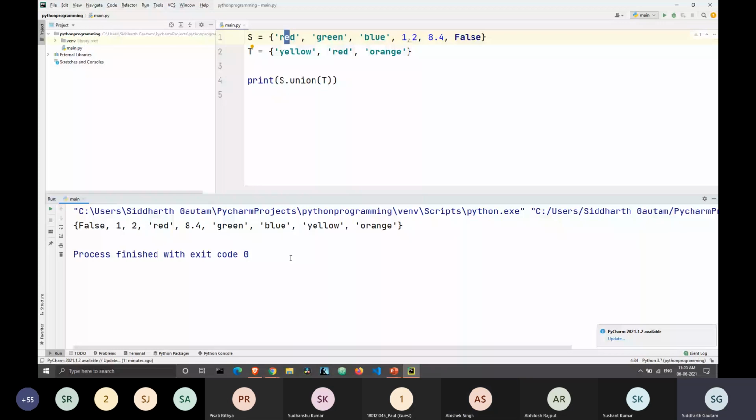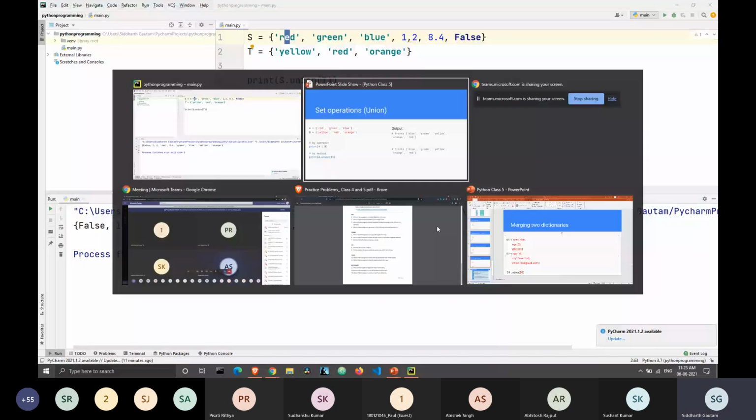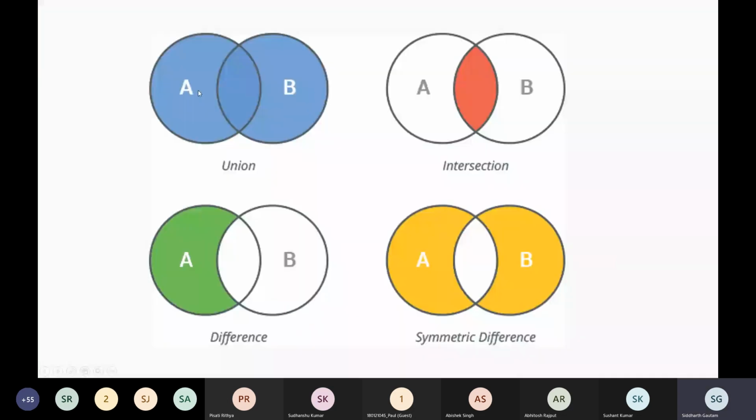You can also see this in the diagrams. As you can see, there's the set A and there's the set B, and this intersection in between is where A and B are overlapping.